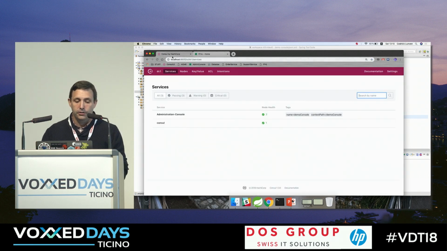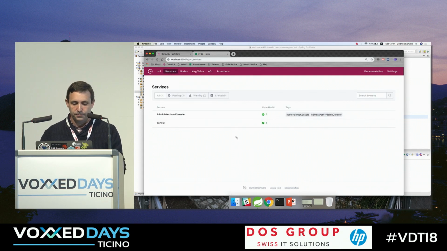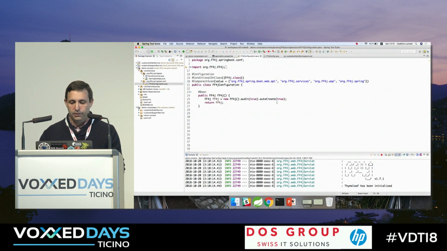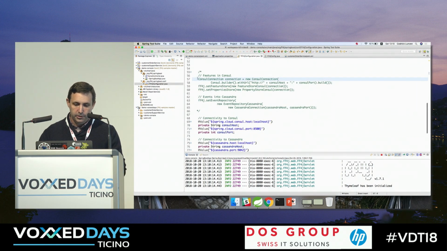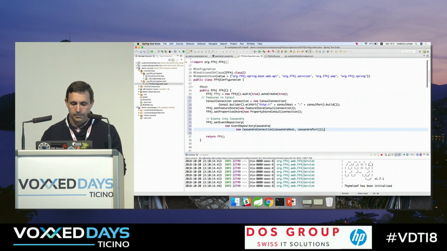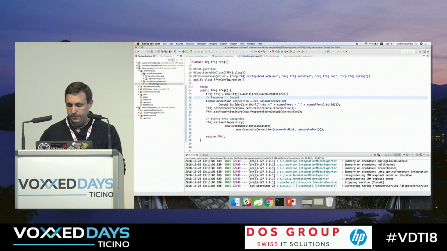Because Consul not only provides the service registration, but also a key value store. And I would like to use that key value store to leverage and do some feature toggle. So what I do now, it's going to the code, providing the FF4J bean. For now, it was just all about in-memory. I will create it like that. And then restart my application.